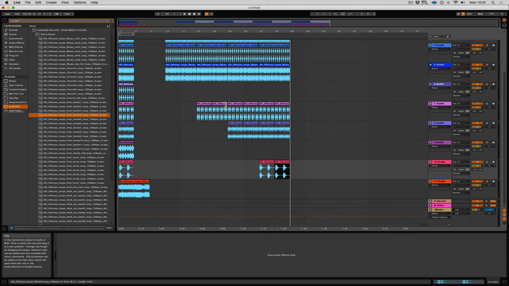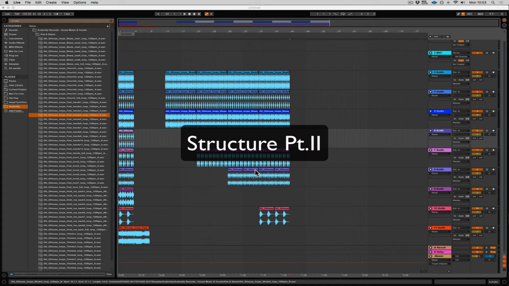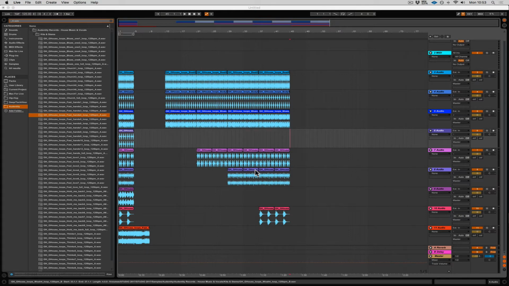Next up, I'm going to show you how to do the breakdown. Now that we've created the introduction, it's time to do the breakdown. Up till this point, we've only really used rhythmic elements, and what I mean by that is drums. So it's time to bring in some melodic elements, aka synthesizers, and that should build a little bit of tension